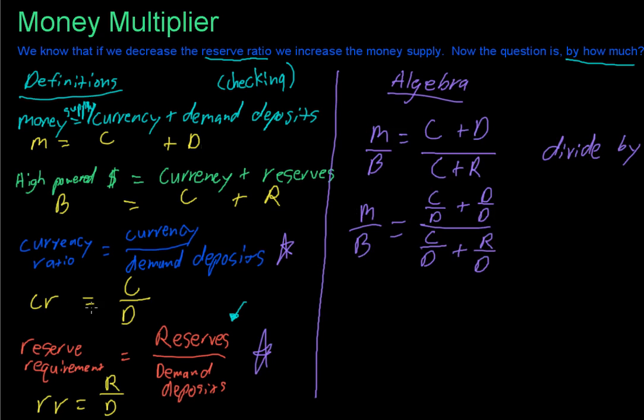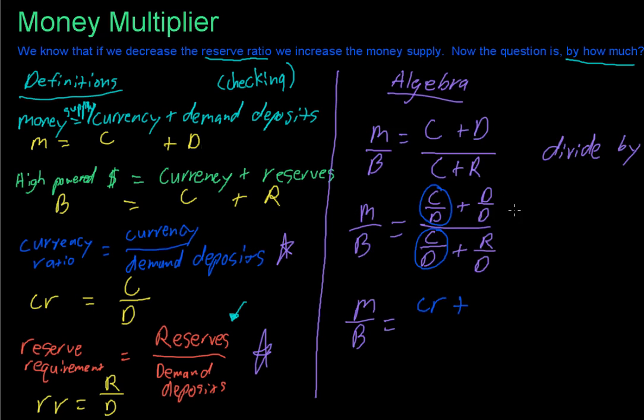We know that the currency ratio is C over D, and we have that C over D right here, and C over D right here. So I'm going to go ahead and say now that M over B is equal to CR